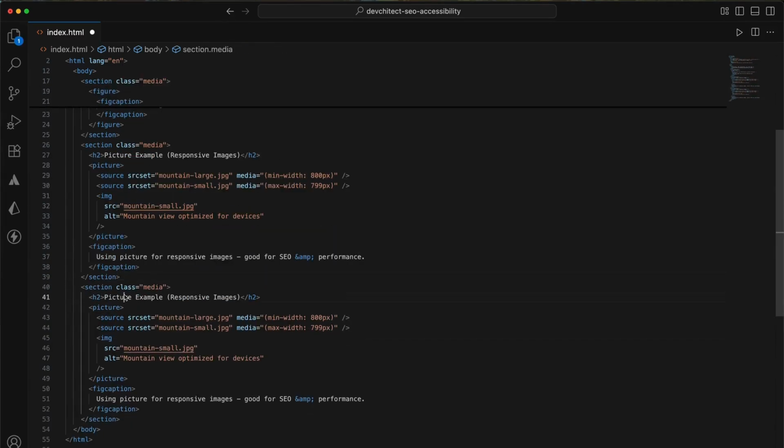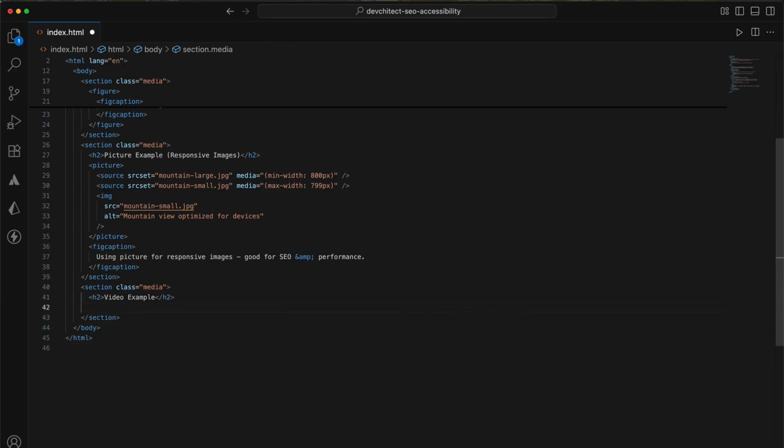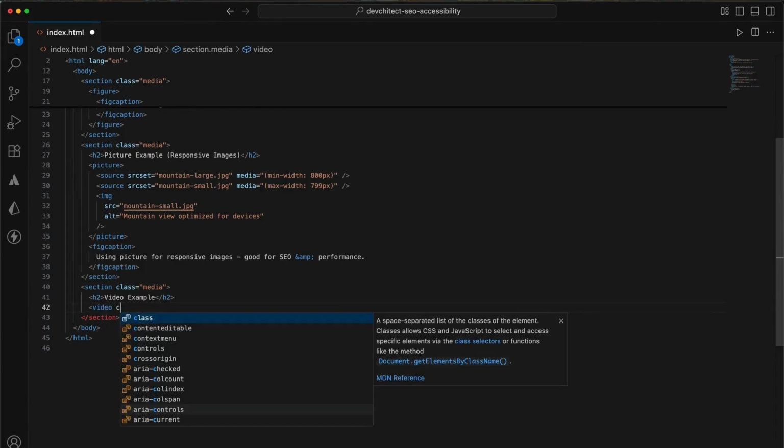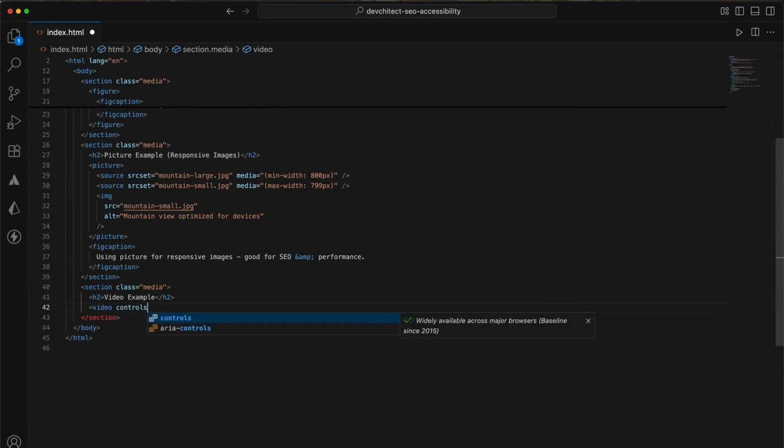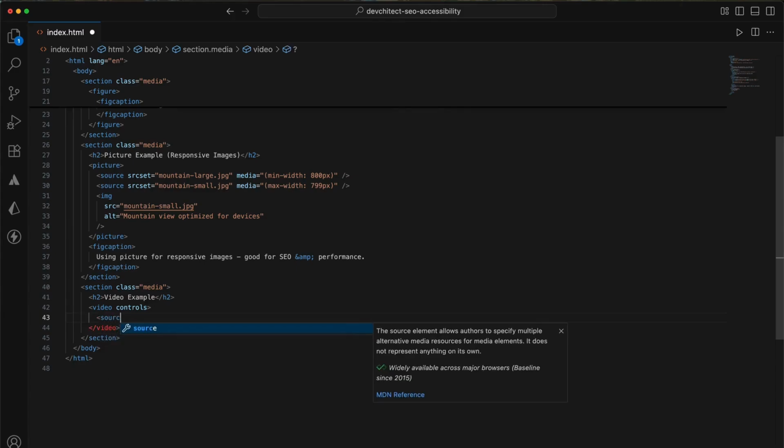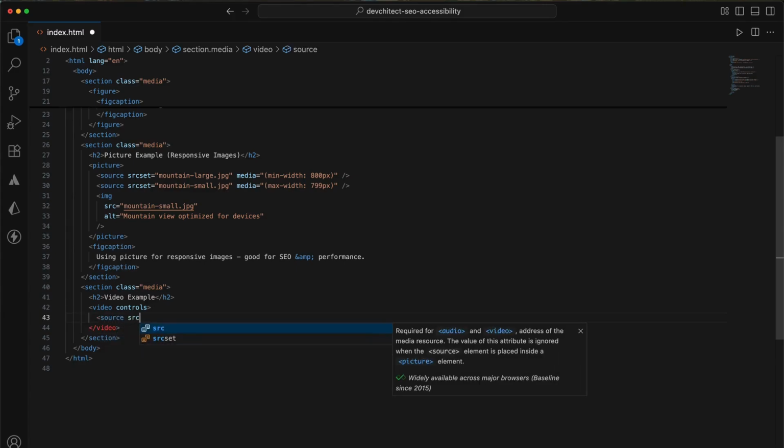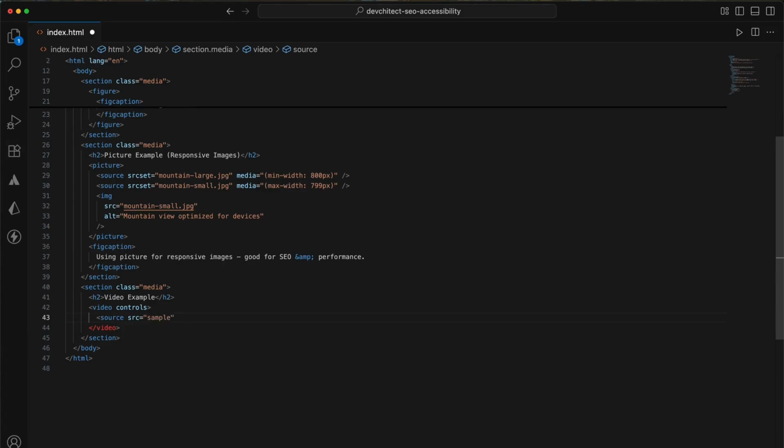First, I'll change the H2 heading text to say Video Example. Next, instead of a picture element, I'll replace it with a video tag. To make the video user-friendly, I'll add the controls attribute so viewers can play, pause, or adjust the sound. Inside this video tag, I'll add a source pointing to sample.mp4, and I'll also set the type to